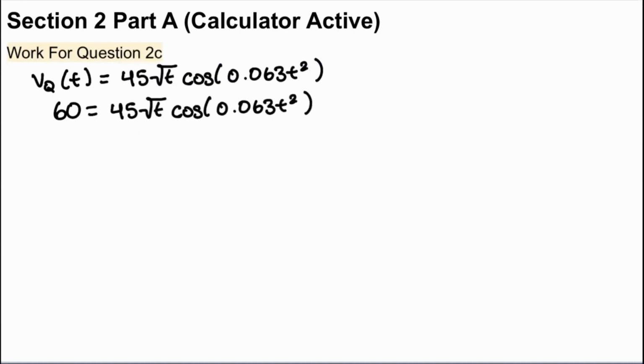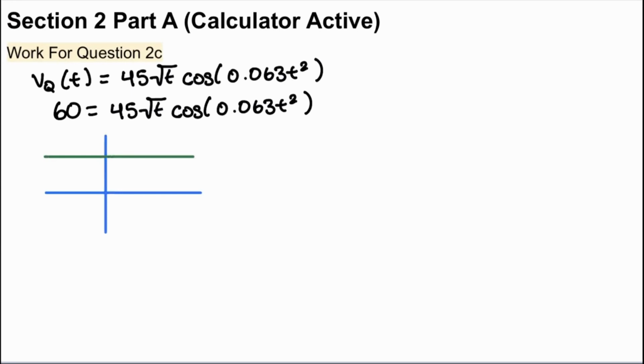And now this is time for the work of your calculator. You want to find the intersection points of these two equations, because 60 is in itself an equation. So y1 would be 60, y2 would be that function. And you want to adjust your window because usually the mins and maxes are negative 10 and 10. And obviously if we're dealing with 60, you need to adjust it so that you can see where the intersection points are. And so like if you were to graph this on your calculator, we're going to say that this line